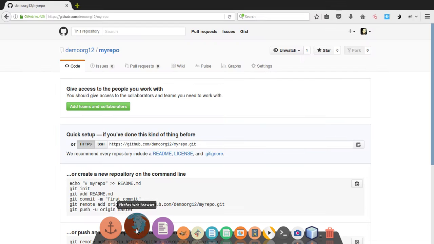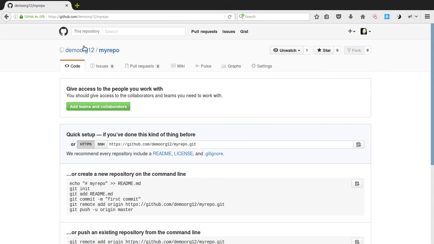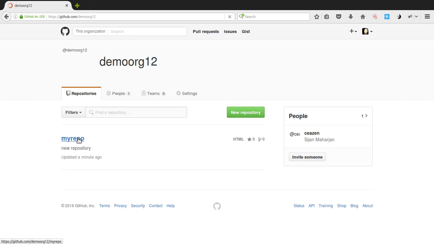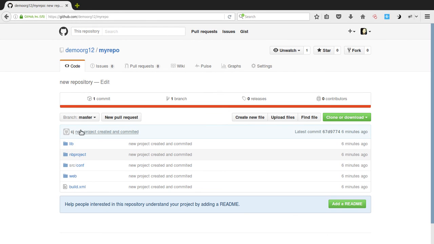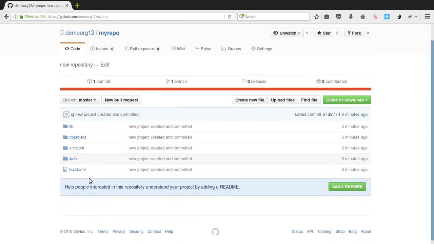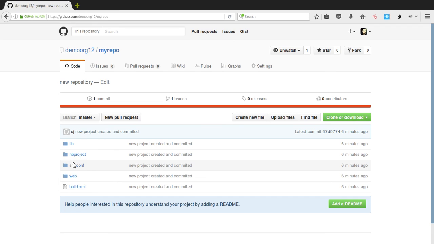We can go to our repository and organization and go to the repository here. This is the file we just pushed, and these are the files. Now